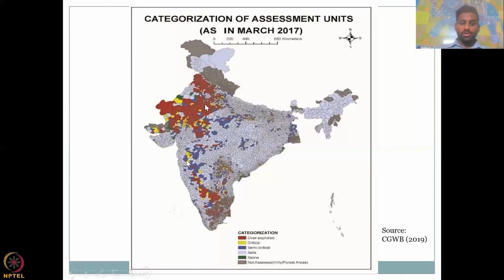Recharge may be very localized. You can see blue color in some blocks and then it's localized. And because of the blue color, the neighboring blocks can also get water. Same way, the red color indicates that it is overexploited. And once a block is overexploited, it can easily pull water from the neighboring blocks, thereby increasing the radius of your red color, which is overexploited. So unless the water conservation activities kick in, your groundwater reserves would be gone. And this could be through government activities or community activities that we saw in the previous slides.